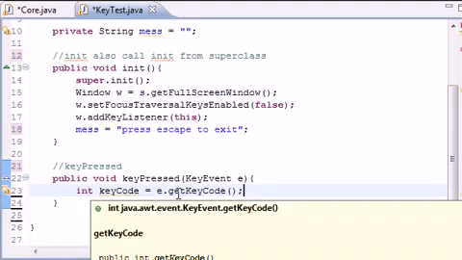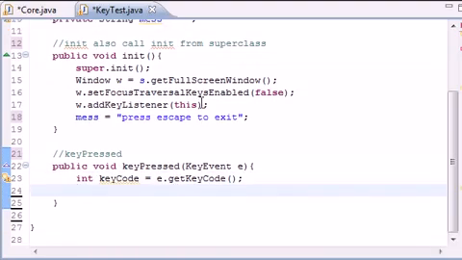Now let me give you a little background information. Every key on your keyboard has a key code, and this is kind of a weird way your computer recognizes the keys on your keyboard. The first thing we're going to want to do is note when they press down the escape key. So let me show you all these key codes. If the key code is exactly equal to KeyEvent dot